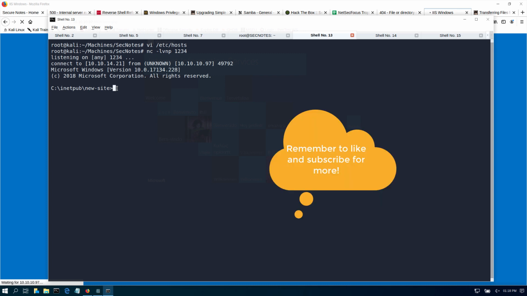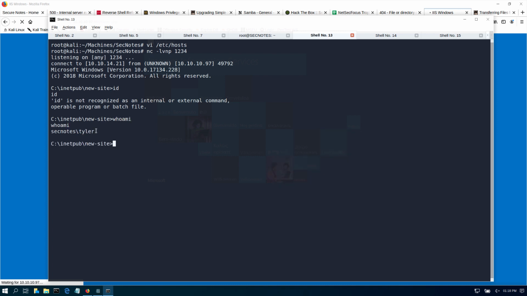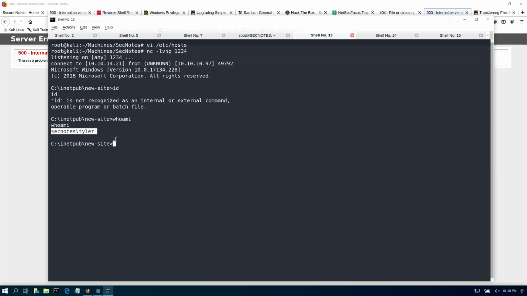And that's how you're able to execute remote shell once you get SMB and you have IIS working. So if I do an ID, who am I? We're in Windows now, so we are Tyler. So first thing that we need to do is let's go and make sure that we can actually read the user flag. So if you can say cd, let's do a C users Tyler desktop,